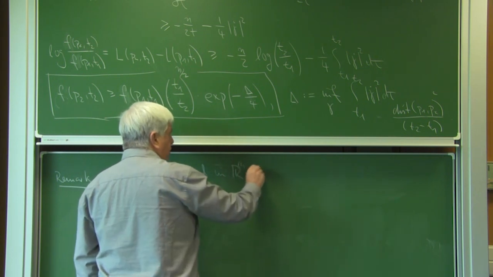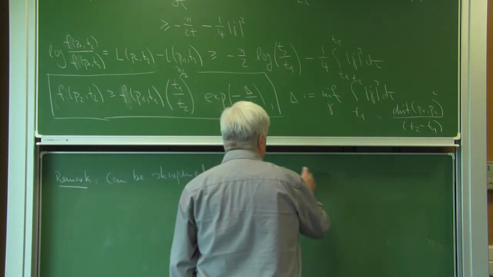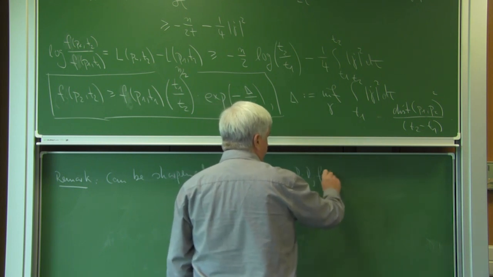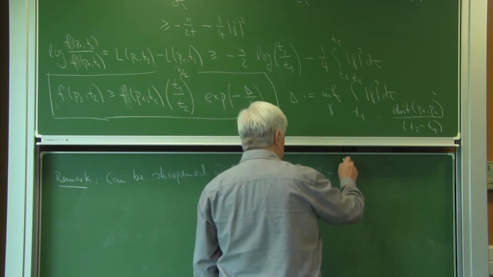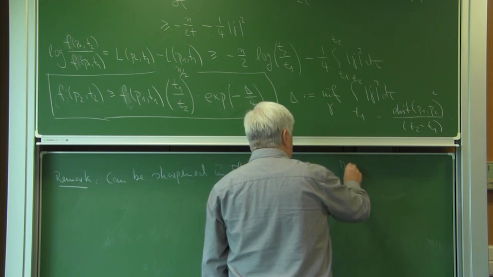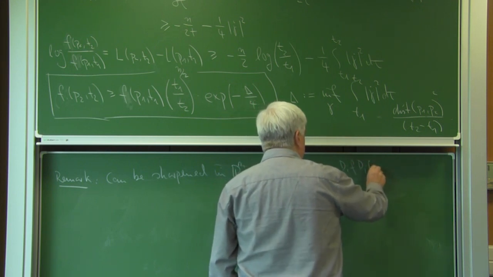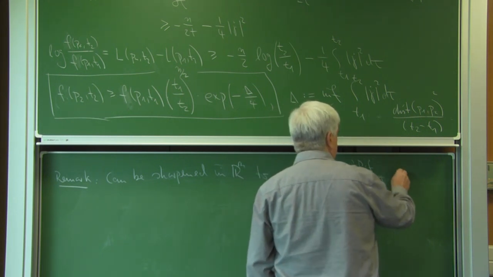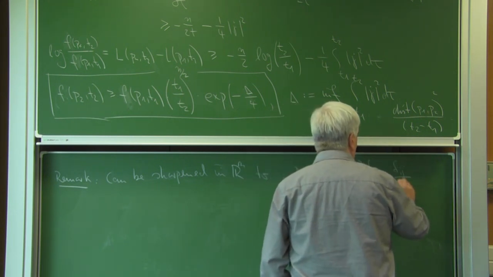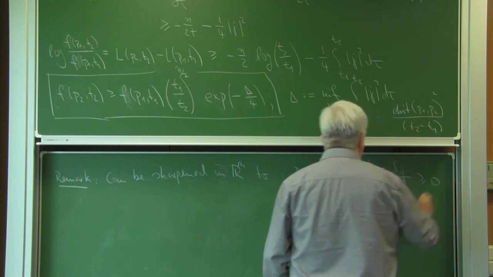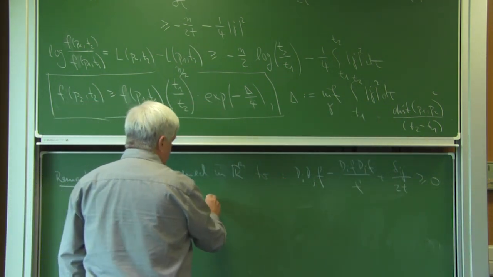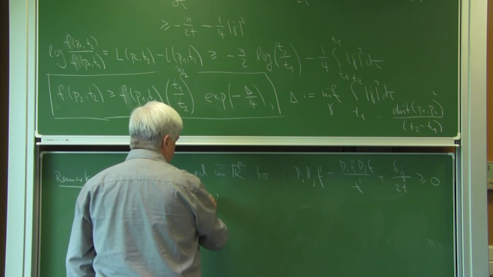And to say that the full Hessian of f, that is, the matrix of second derivatives ∂i∂jf over f, minus ∂if ∂jf over f squared, plus δij over 2t is greater or equal to 0, which you can also state as